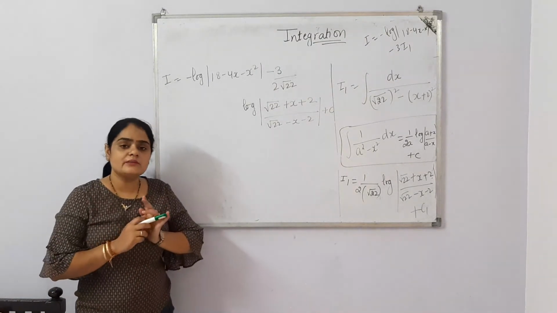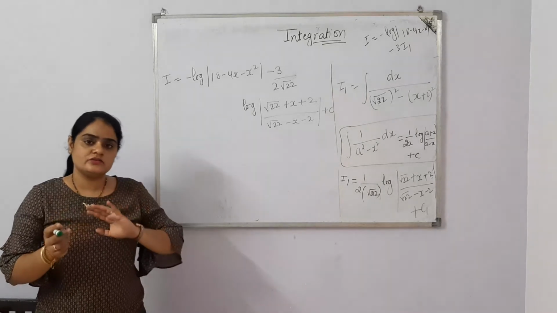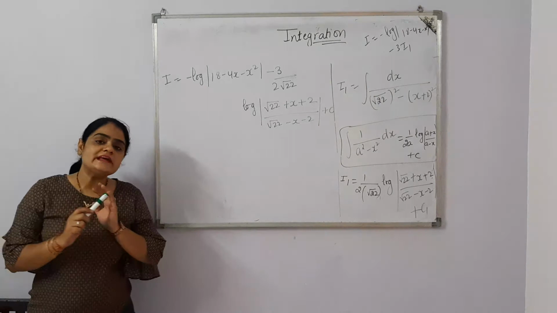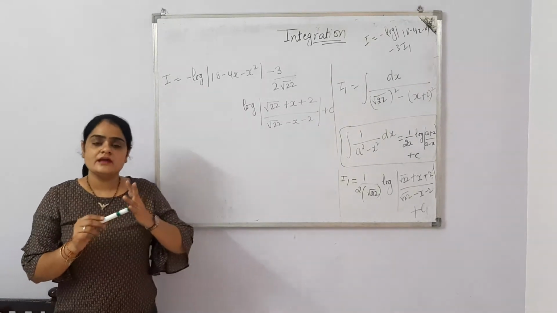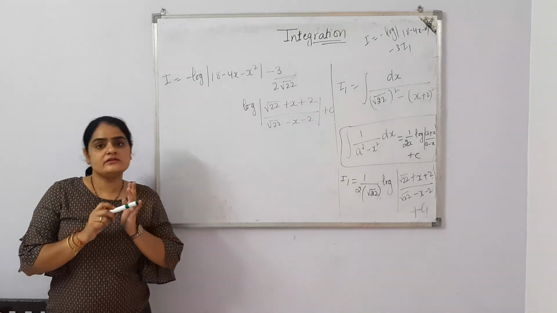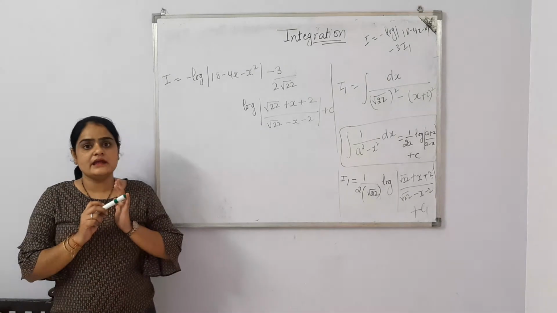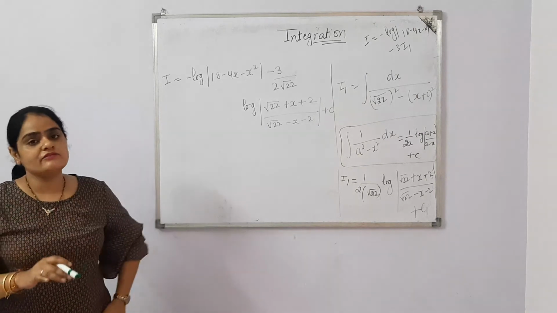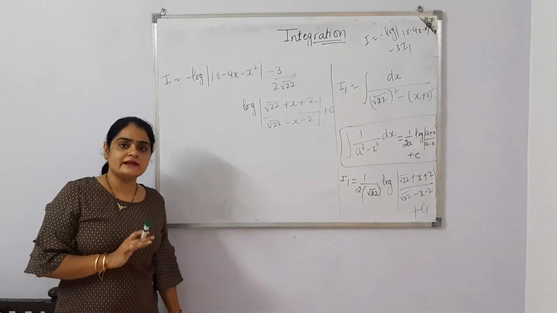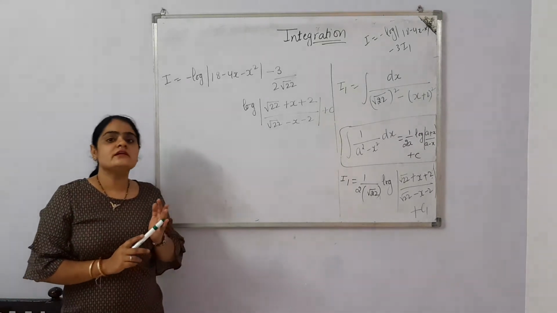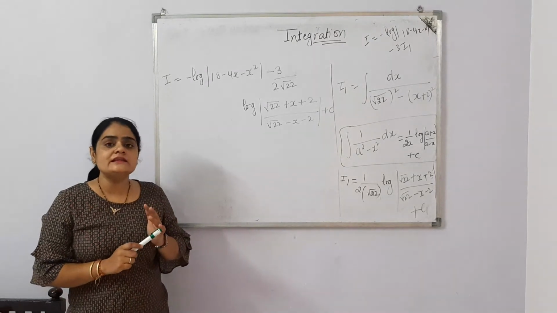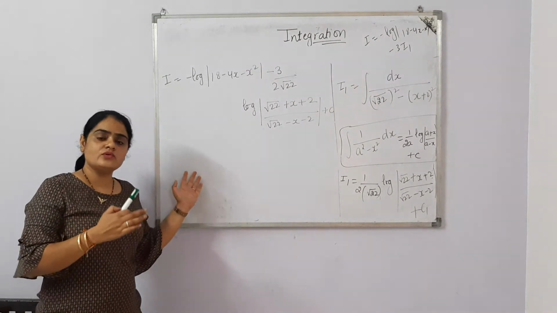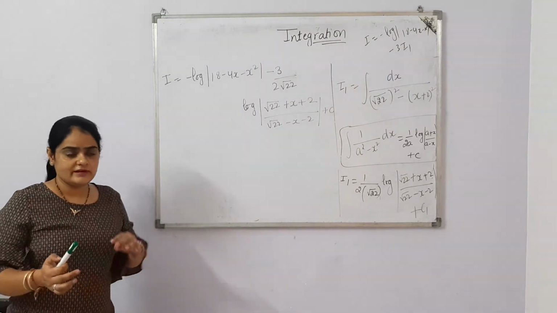We did 3 questions here, and all 3 were of different types. In the first question there were 2 different linear factors. We applied partial fractions, taking a upon the first factor plus b upon the second factor, found a and b, and after that applied integration to get the answer. The second question had 3 different linear factors. We applied the same criteria, but instead of a and b, we took a, b and c, 3 different values.